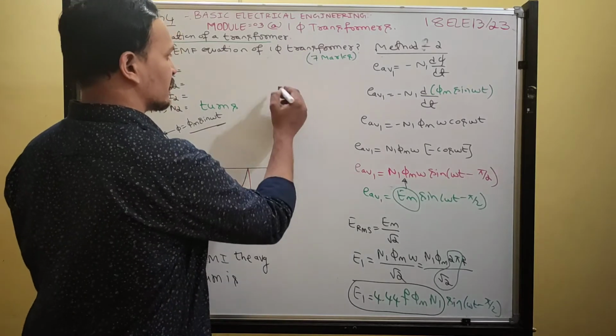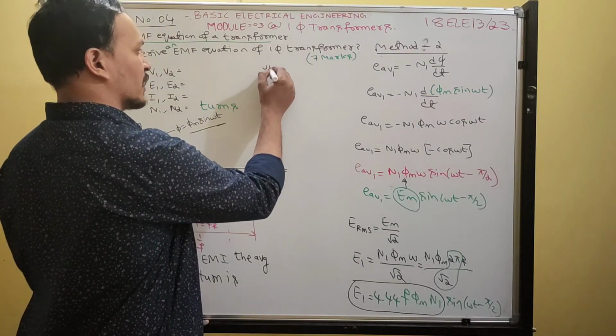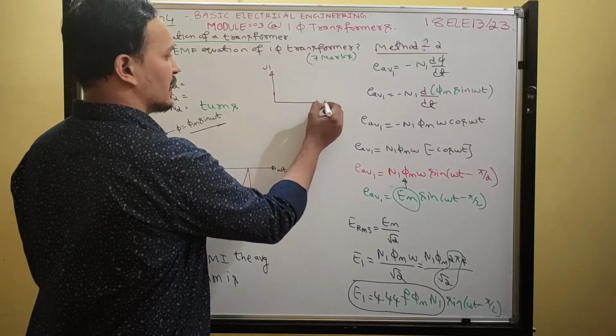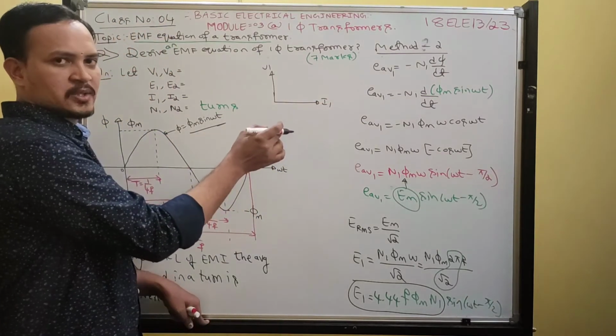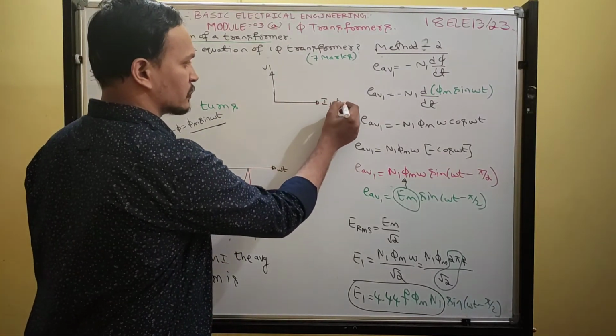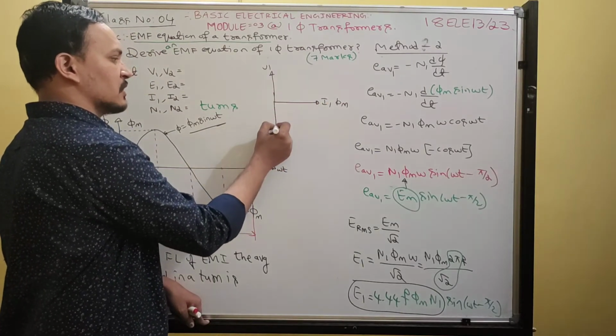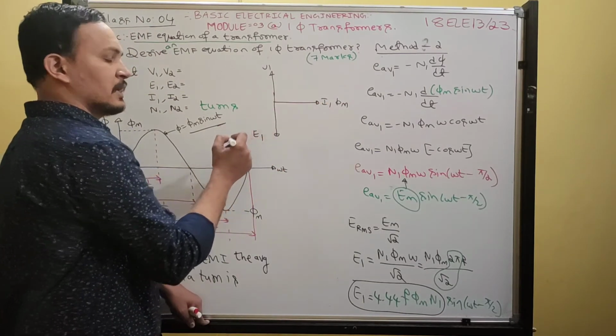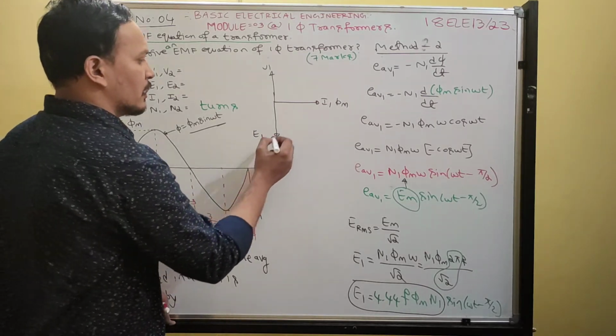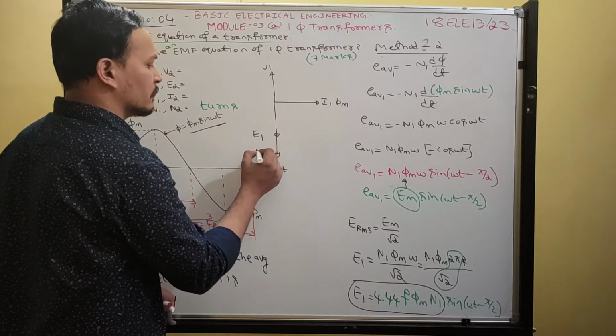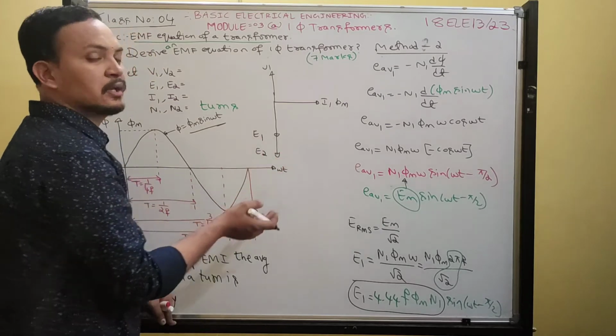I will explain the reason for that. We applied voltage to the primary winding. If the winding is inductive, the primary current lags by 90 degrees. This current produces magnetic flux. Then this flux is cut by the winding itself, and hence EMF E1 will be induced. And if the secondary turns are more than primary turns, then E2 will be more than E1.